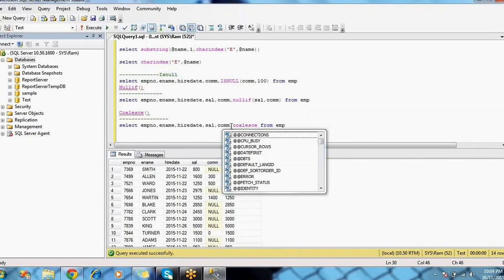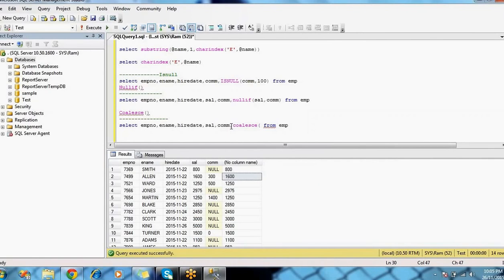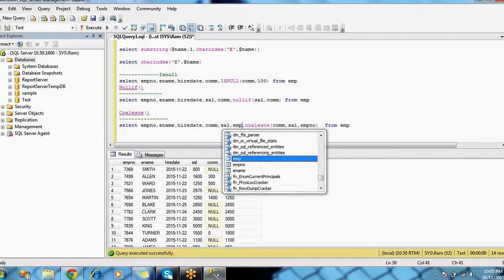See, for example, if you are applying the COALESCE function, you can put any number of columns here. For example, I'm going to put the commission column, comma, salary column, comma, EMP number column.